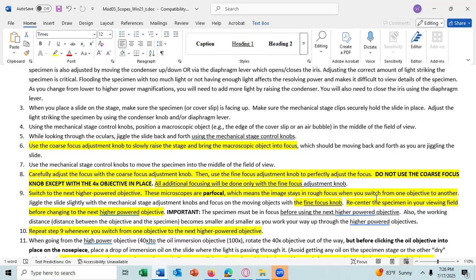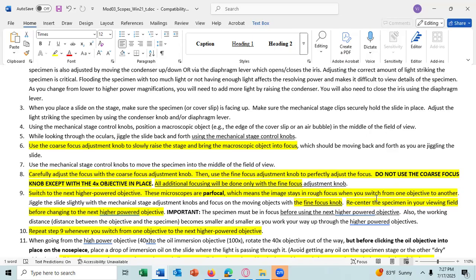So before you switch to the next higher objective, always bring the specimen that you're viewing into the center of your field of view. Then switch to the next higher power objective lens.